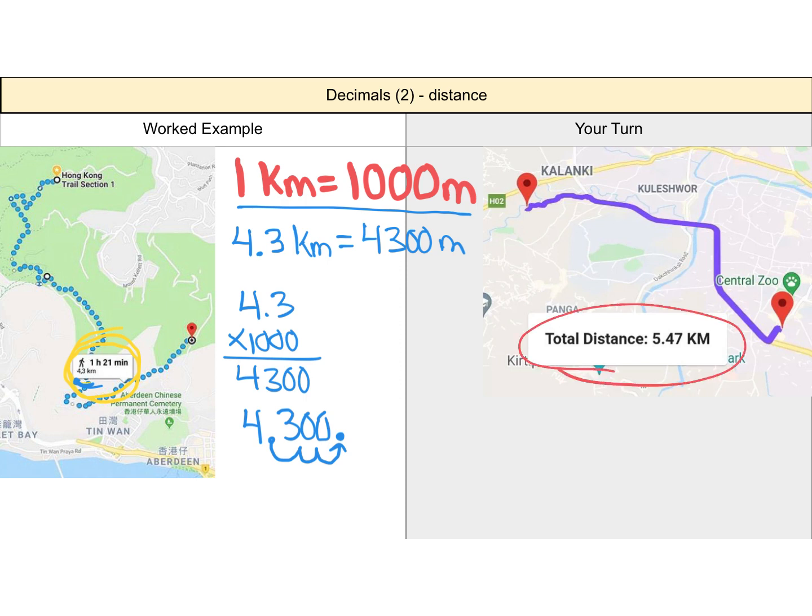Now your turn. To convert from 5.47 kilometers into meters, I need to move the decimal point 3 spaces to the right because there are 3 zeros in 1,000, and I can't just leave this blank right here, so I need to add a 0 when I do that. So my final answer is going to be